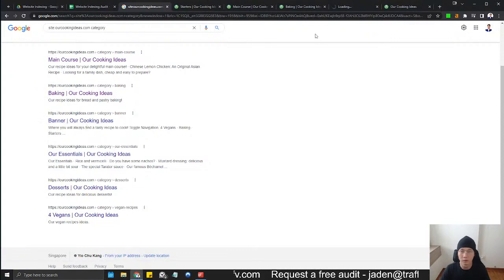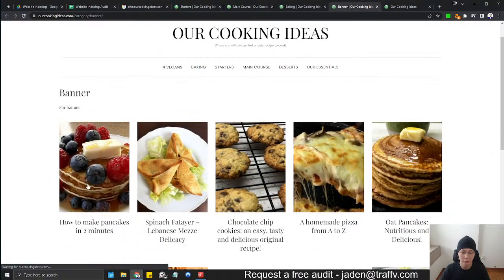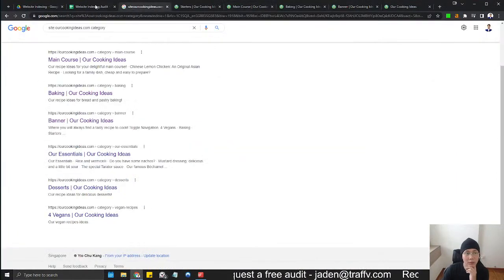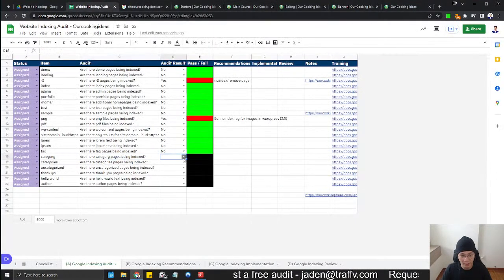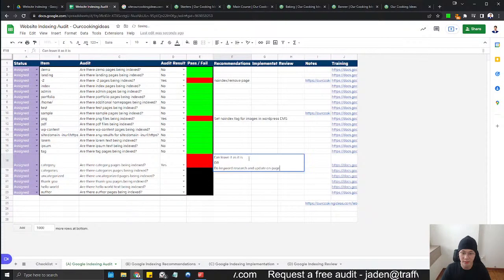Okay, this is a weird banner. Yeah, so a little bit mixed here. So yes, it's being indexed. We can leave it as it is, or do keyword research and update on page. Yeah, so this one we can either leave it as it is,